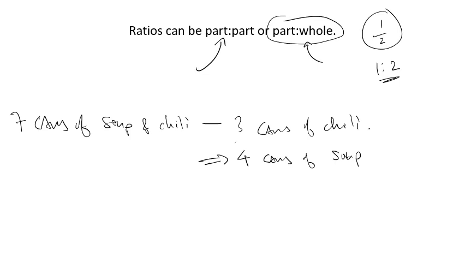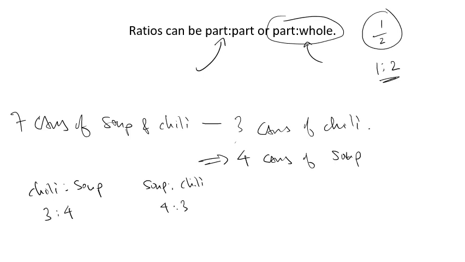I could write that my ratio of chili to soup is 3 to 4. I could also write that my relationship of soup to chili is 4 to 3. And we don't talk about this as an improper ratio like we would as an improper fraction, because an improper fraction lets us know that I have more than a whole of something. But in this case, we're comparing the soup to the chili. The chili is not the whole, the soup's not the whole. So this 4 to 3 would mean something very specific in a fraction, but it doesn't really have that meaning